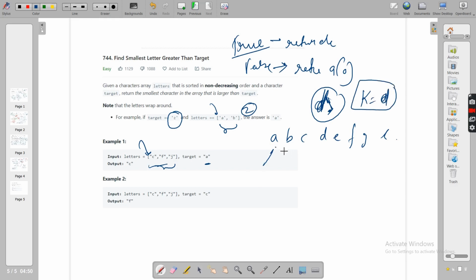In linear search, you iterate from the start. Our target is d. a is lesser, b is lesser, c is lesser, d is equal, and then e is greater than d.